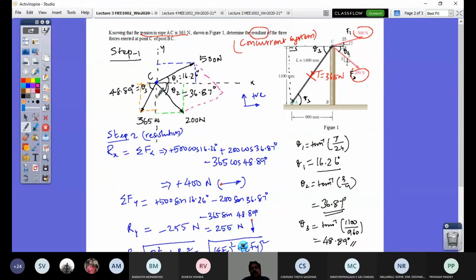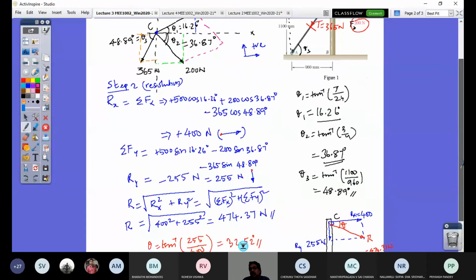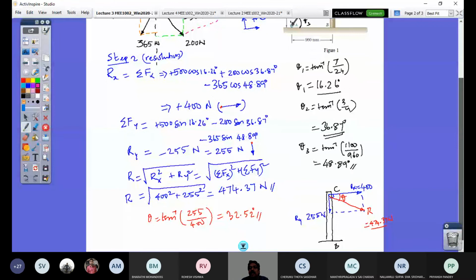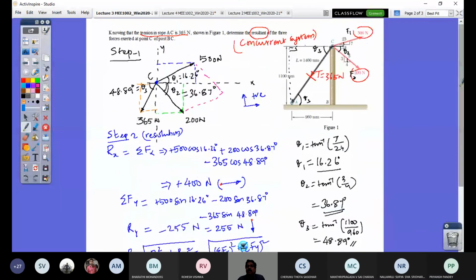Again you compose. So like that, if you have a three-force concurrent system, you have to apply the parallelogram law 2 times. If you have n forces, you have to do it n minus 1 times. So that's going to be tedious and there are chances of making mistakes as angular measurements are involved. That is where the advantage of resolution and composition comes into the picture. That's why I have explained this method, but it is good that you asked, and just to check that you get the same answer by applying the parallelogram law 2 times in this problem. Is that correct? Okay, sir. Yes, good.